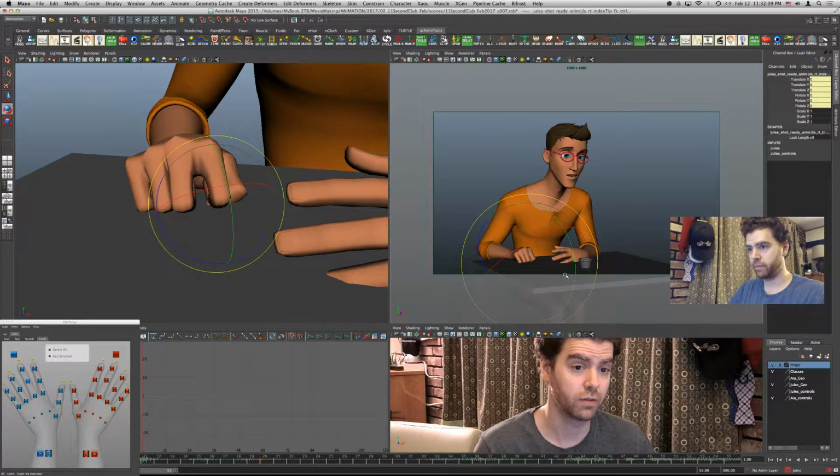Sort of thinking it'd be fun to do something more with this finger out. Got very long fingers on this rig. Oof, that's not going to work.